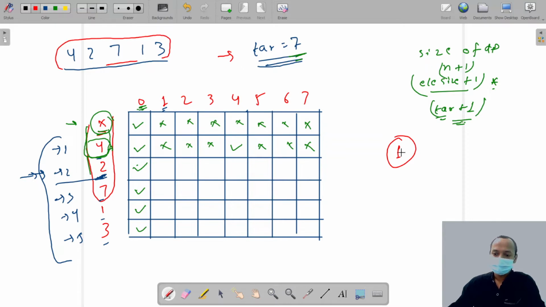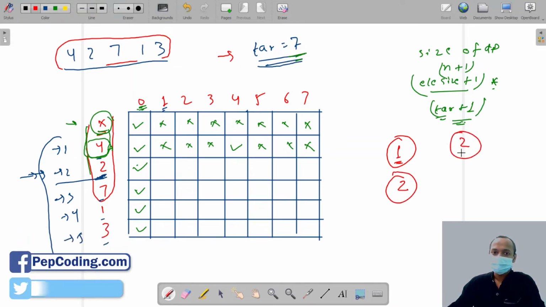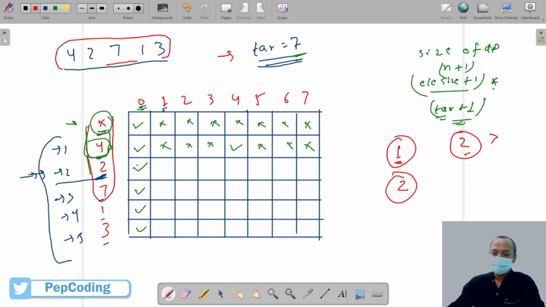No, because the target is 1, and this player can make 2 runs. So we need at least target 2 or more than that. Should we choose this player or not? No, because the target is 1 and this player can make 2 runs, so we can't choose this player.